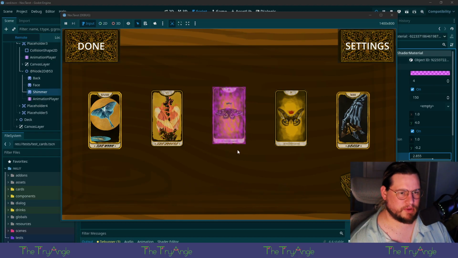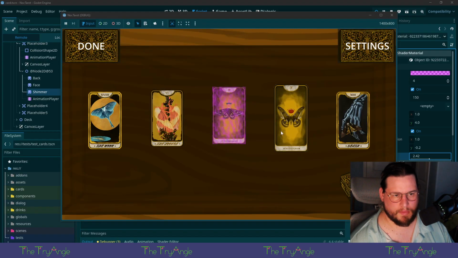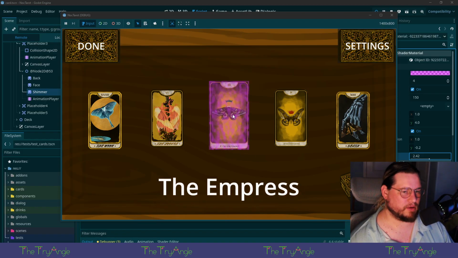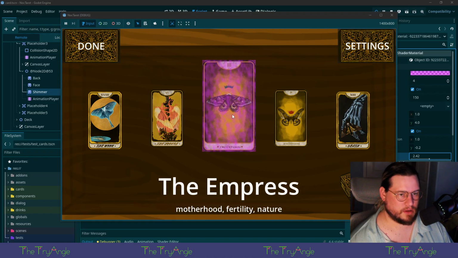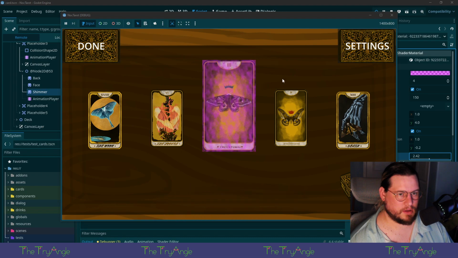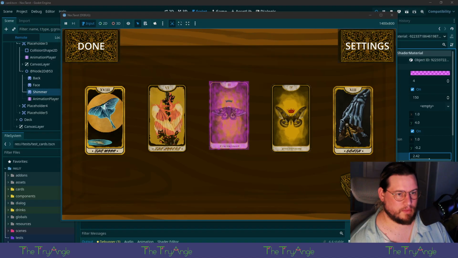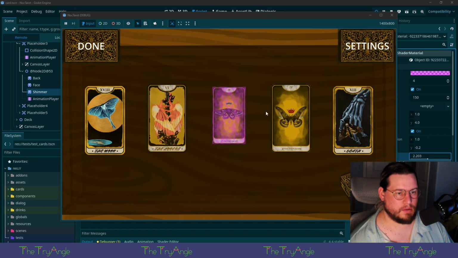We can read the Empress a little better. 2.4. I mean, we can read it when we hover over. It does stick out, though.